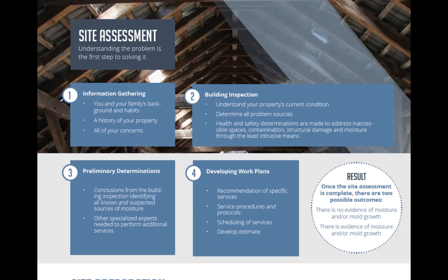All right. And then what all of your concerns are, right? What concerns that customer has, whether it be with their home directly all the way through their health, right? So the information gathering is number one. The way that we're talking through this with a customer is from their standpoint, what's in the best interest of them? So the way that I would present something like this is to say, the first thing I want